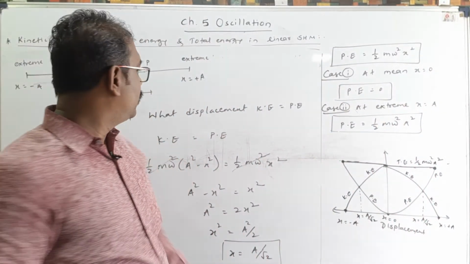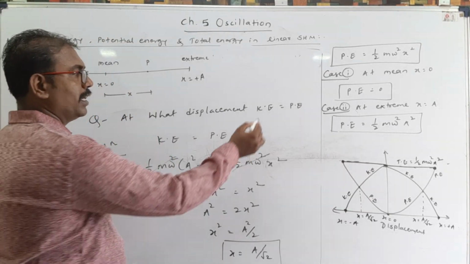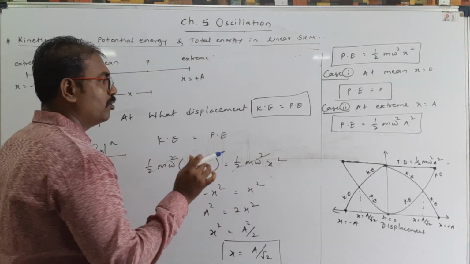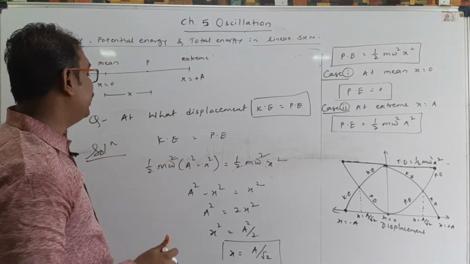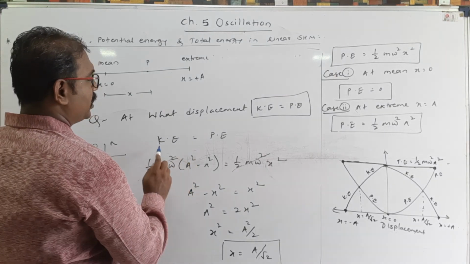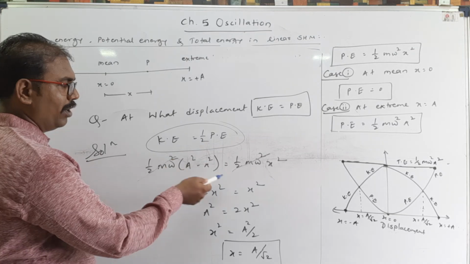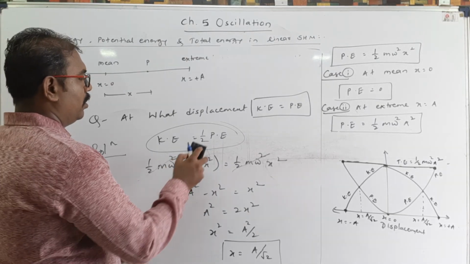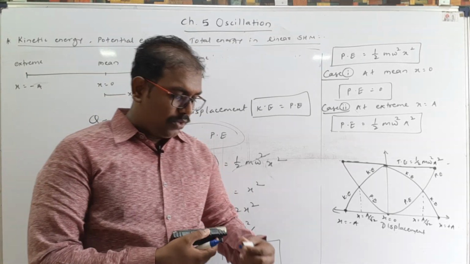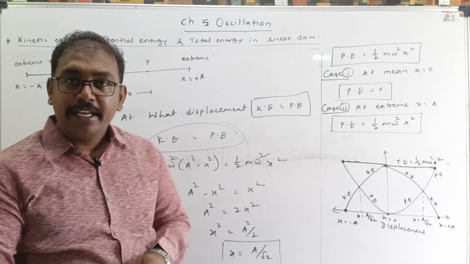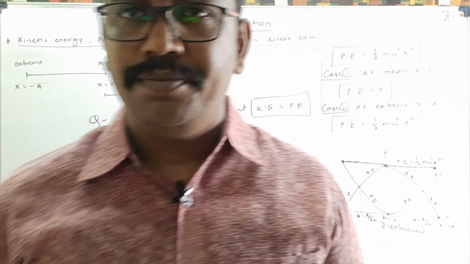Question may be asked in MCQ or in a short question, at what displacement kinetic energy and potential energy both are the same. In a previous board examination the question was already asked, and the question may also be modified like this: at what displacement kinetic energy is equal to half of potential energy. Only half you have to take extra here and you have to solve to get x is equal to how much. So in this, we finish kinetic energy, potential energy and total energy here. That's it in this session. Thank you.